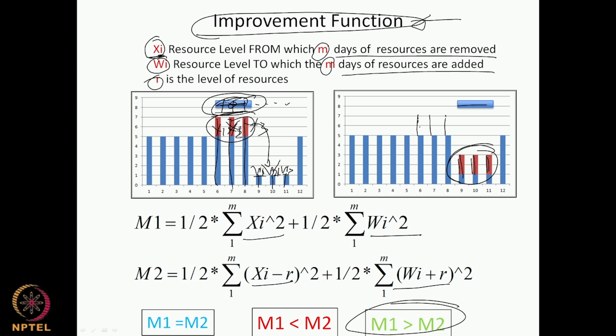So for example, here if I move this by 4 days, my activity duration is only 3. I'm only still shifting 3 days of resources. So m is 3 even though the shift might be 4 days. We will come to this later because this is a common problem when we do these exercises. So please keep this in mind. So these are the variables, and